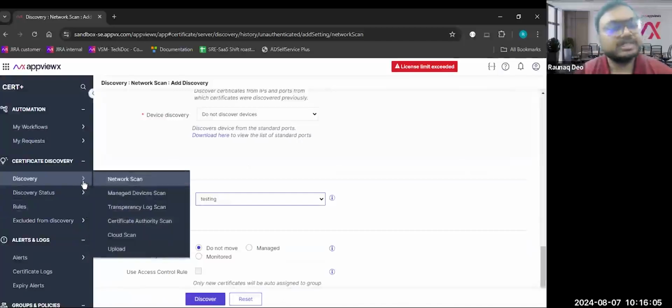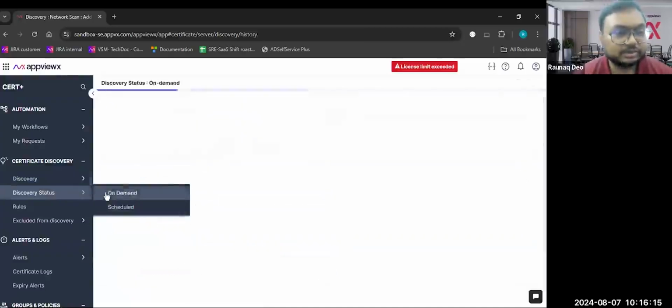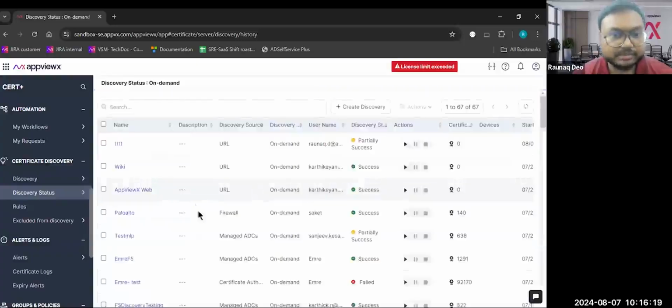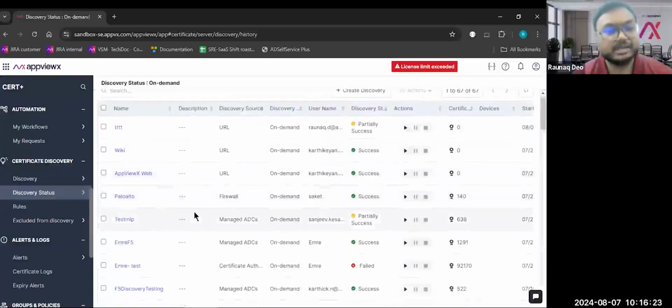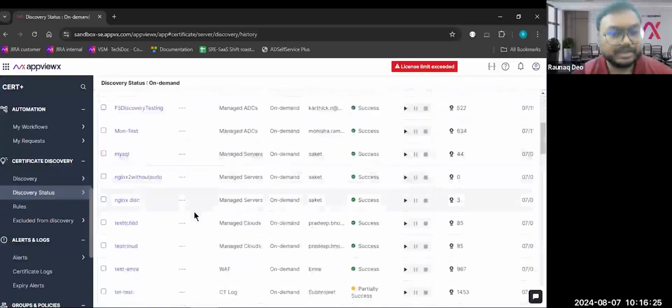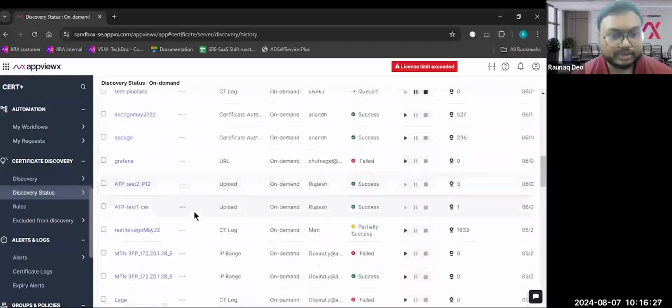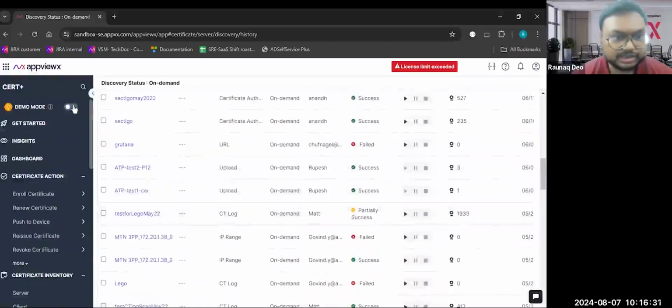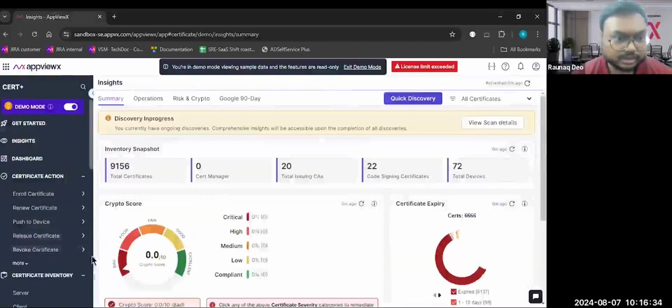Now, what are we saying here? We are saying here is that I don't know where my certificates are. Here is my network. Can you please do a scan? AppViewX will say, absolutely, we can do the scan in the network scan. And also, once we do the network scan, the interesting part here is that we can also discover what is the OS that is running on that particular IP address. So if I quickly turn this on just to show you the results of this particular discovery,